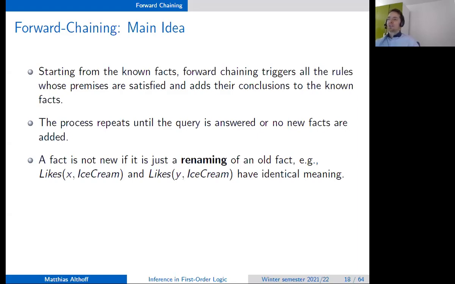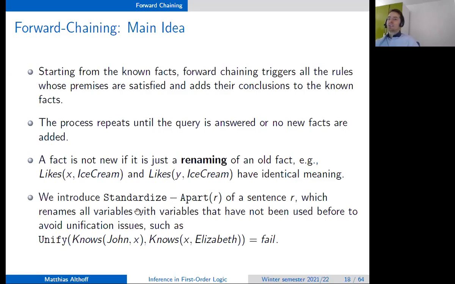Then we have shown that if you cannot prove the statement we want to prove, and we cannot produce any new facts, because we could just rename existing facts, then this cannot be proven.